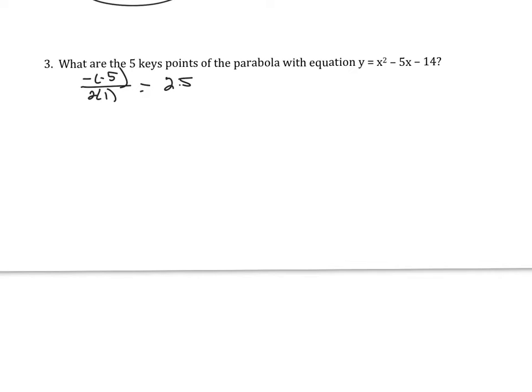We substitute that in to get our y value for the vertex, so we get 2.5 squared minus 5 times 2.5 minus 14, which is going to give us 6.25 minus 12.5 minus 14, which is negative 20.25. So that gives us our vertex at 2.5,